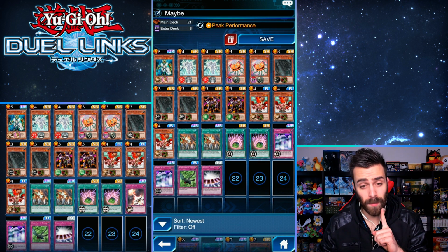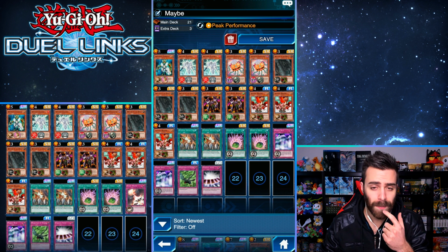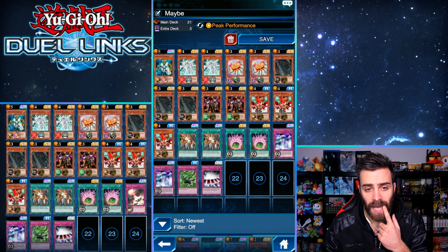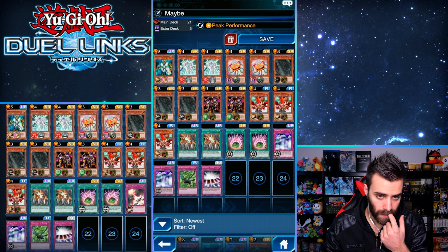Two Mirror Walls really catches people off guard. Straight Flush is completely optional. I'm going to keep it in here. It feels really good when you get it. You could take Air Knight out and put in something else, but what would you put in? I mean, you could put in...